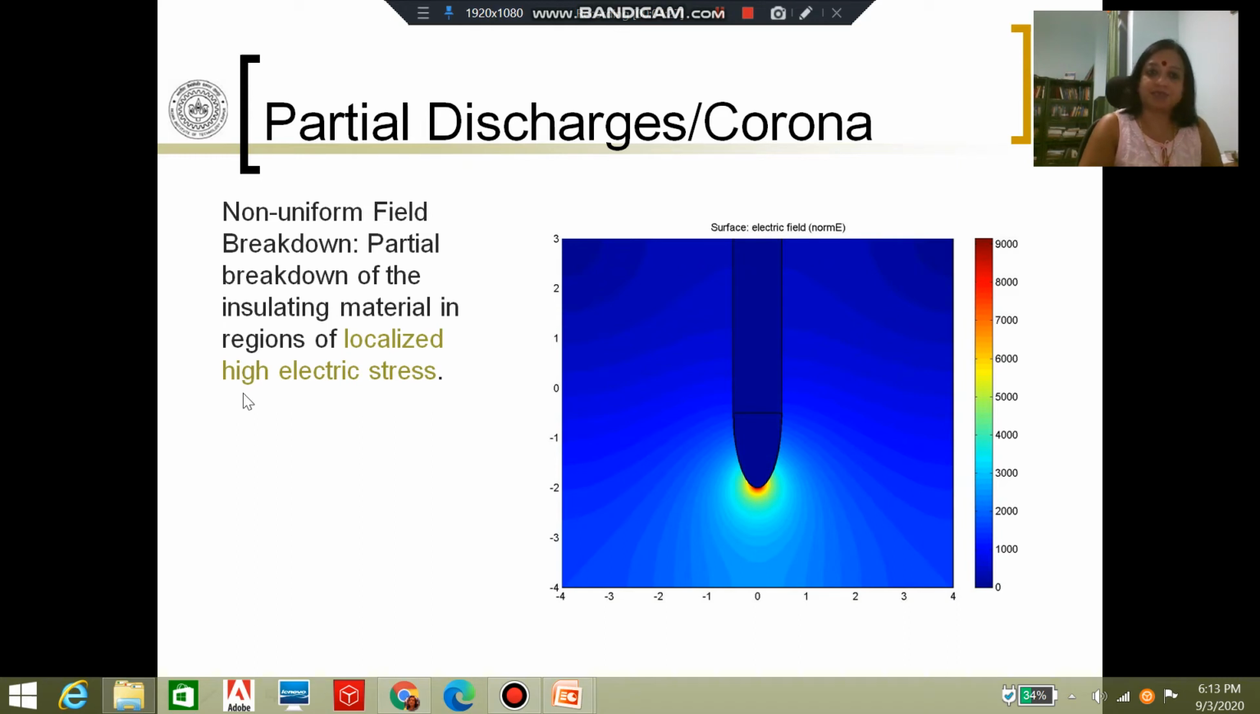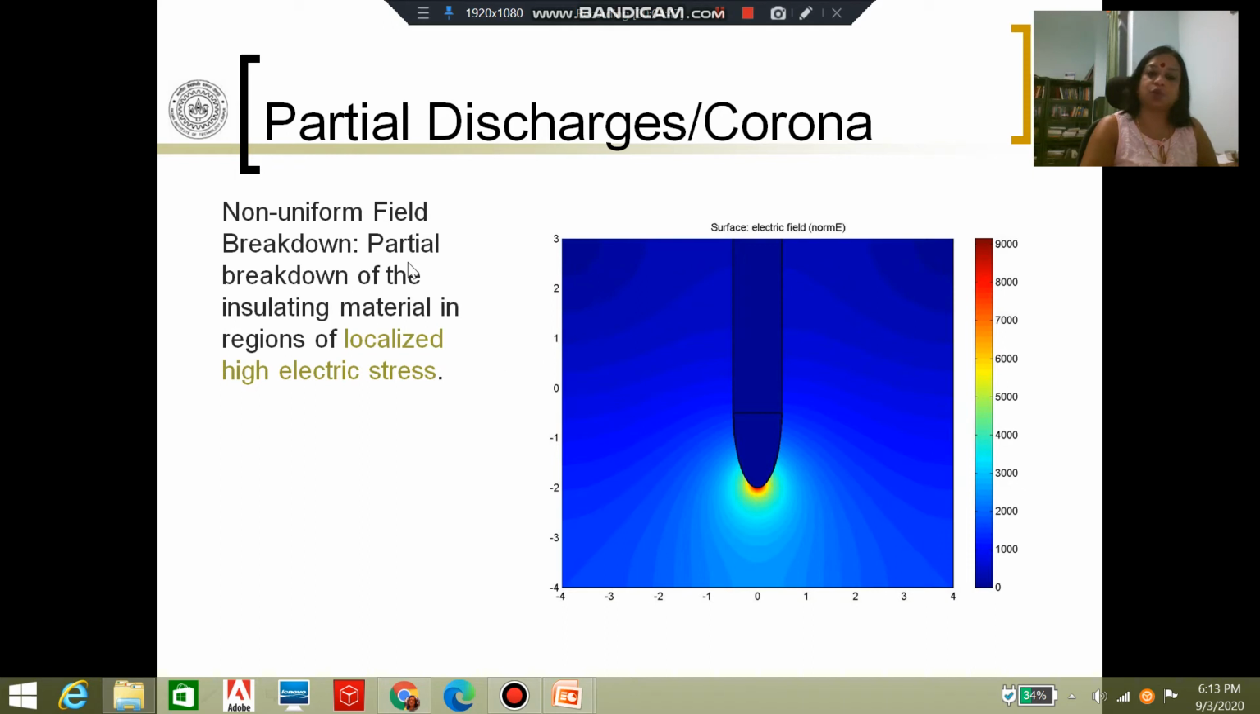So this process is called partial discharge or corona. So what is partial discharge? A partial discharge happens only in a non-uniform field. It is not a breakdown in the usual sense, in that there is no conducting channel formed bridging the two electrodes, the high voltage and the ground,